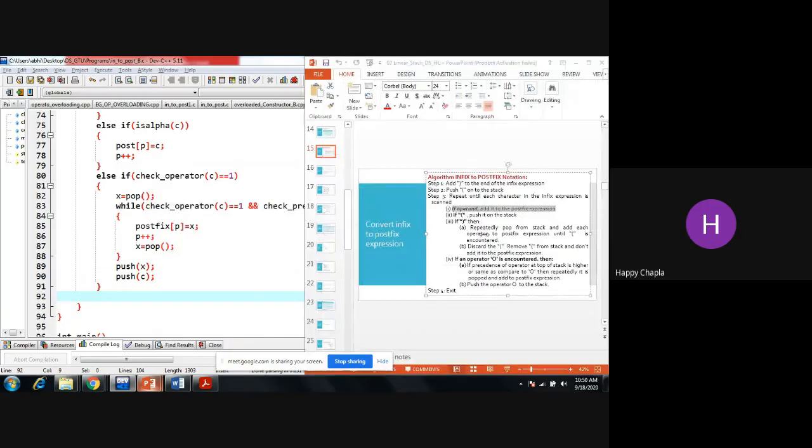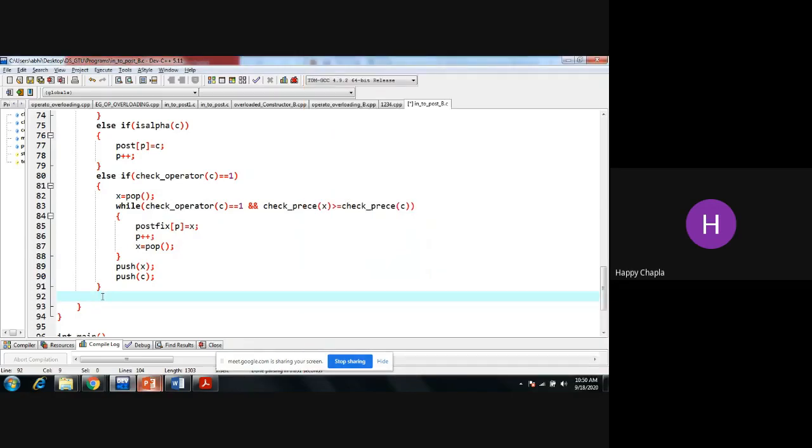Okay, now we are just remaining for this, that if I'm encountering the closing bracket, right? So if my C is equal to closing bracket, what do we have to do? We just need to pop every element, right? So x equals to pop. I'm calling my pop function. Whatever the top of the stack is, it will store it into the x.